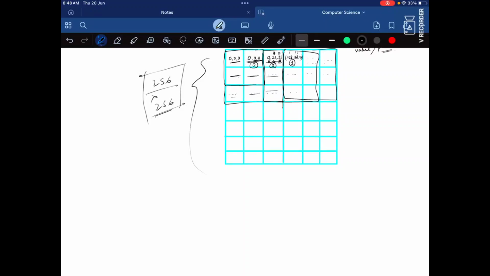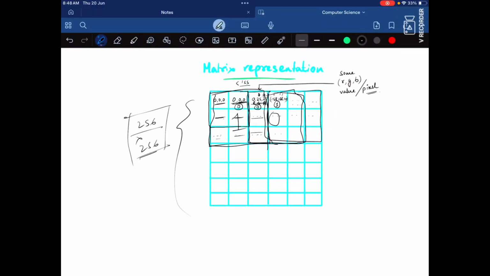First we'll have this one. Suppose this comes out to be 1, then this comes out to be 0, then this comes out to be, suppose, 1.